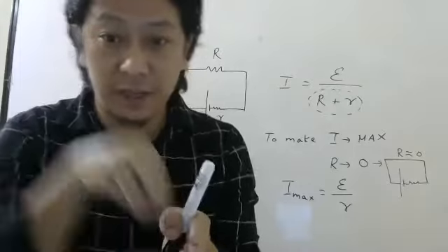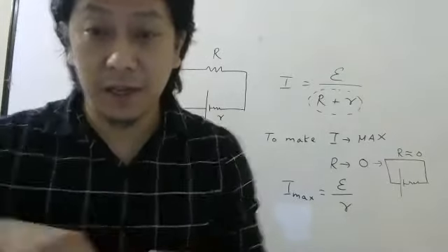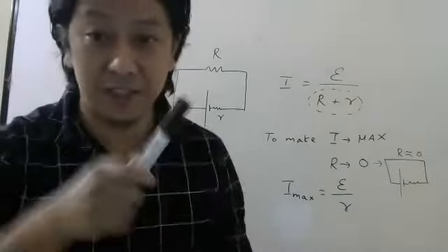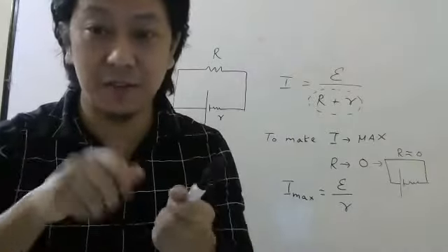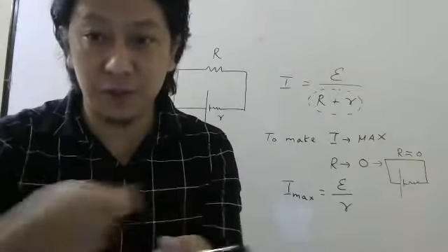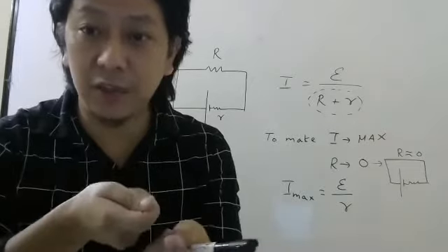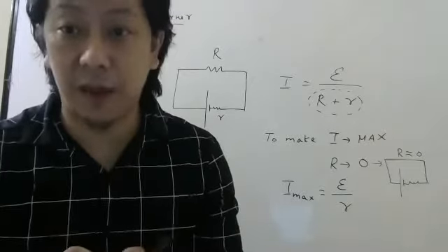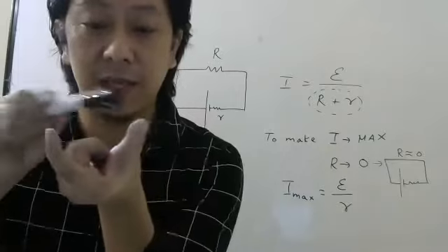Positive terminal will be there, negative terminal will be there. Now imagine you are working with some wrench, some equipment to move the screws and all. Suppose you are working with the wrench and suddenly it falls on top of the battery. Now imagine this is the plus and this is the minus.